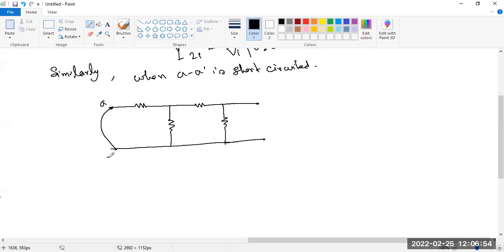So this is the A dash terminal. So the equivalent resistance is